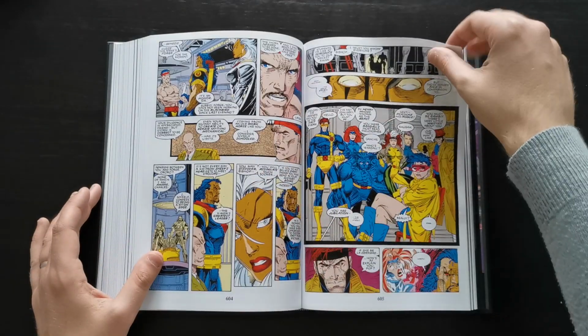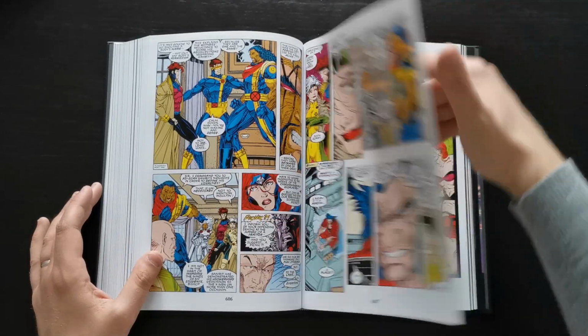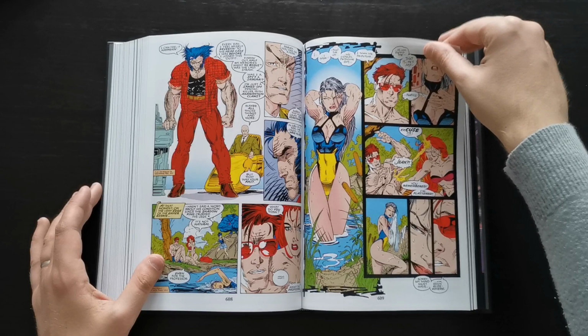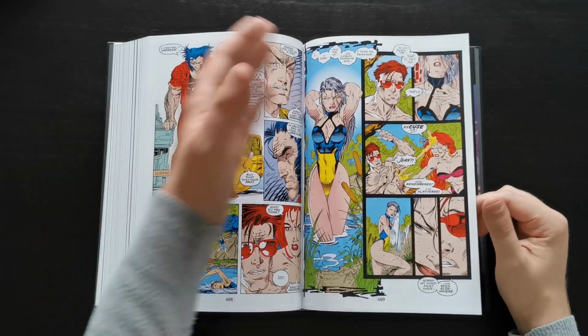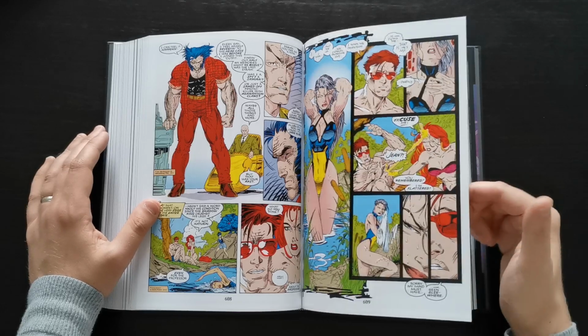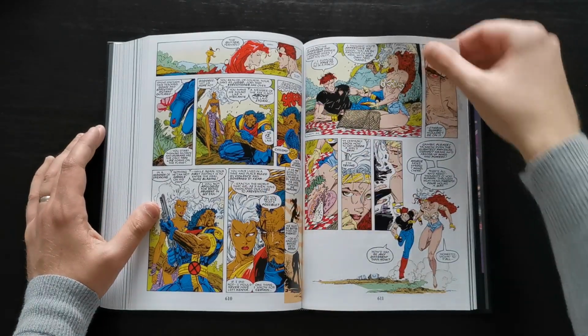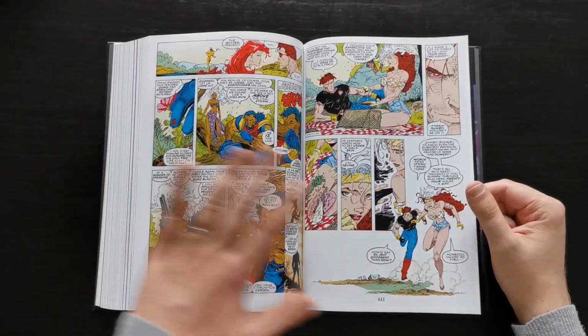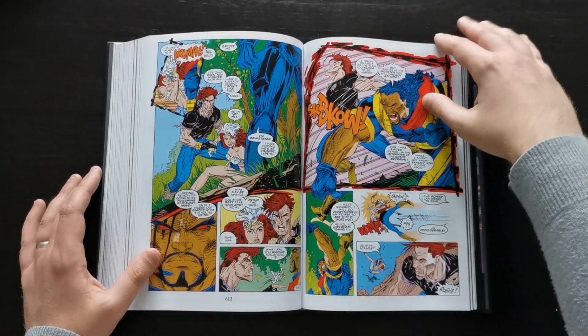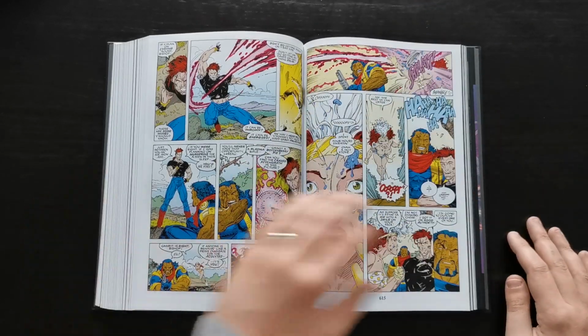So we get Bishop as well. He starts to appear, he joins the team, but the thing is, well, first I've got to mention this panel. Just one of those incredibly memorable pages, I think, seared into the minds of myself and a lot of others. Jim Lee definitely knew what he was doing there. But yeah, so Bishop turns up on the scene, and he's just kind of there, because he'd actually appeared in